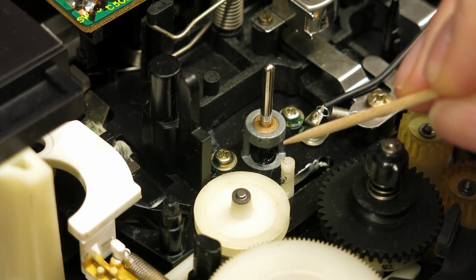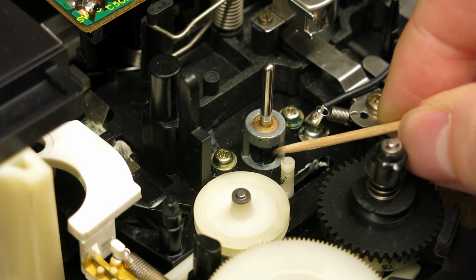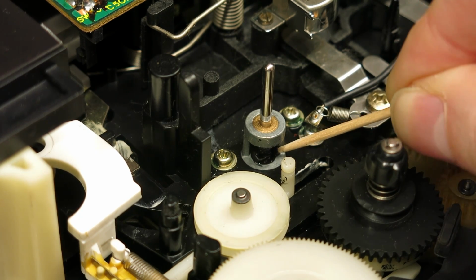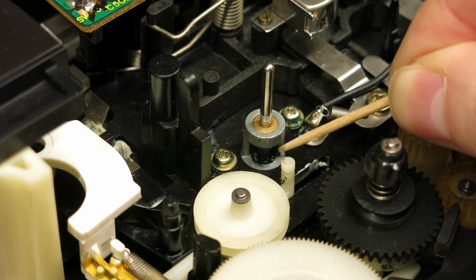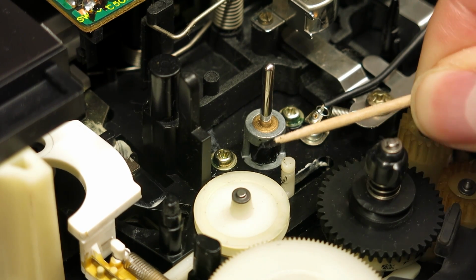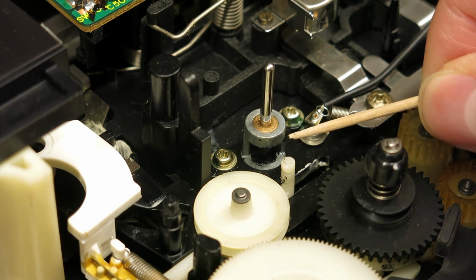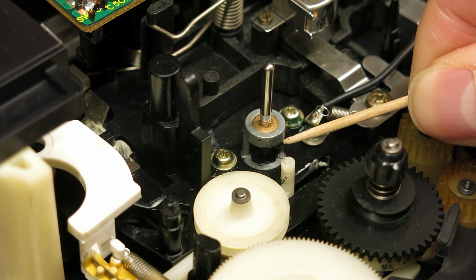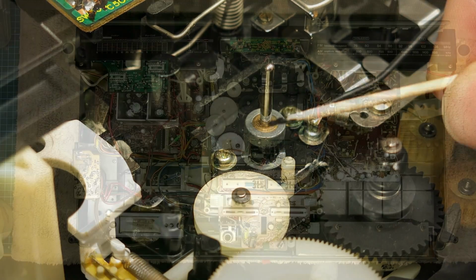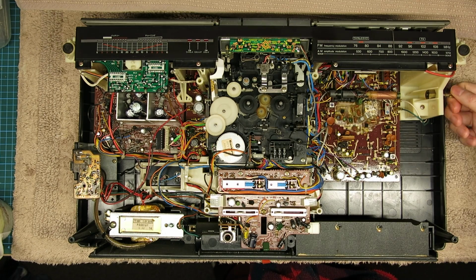Then we get on to the horror. This is the bit that I've had to move everything out of the way to get to, and you can see this little rubber tyre here has just turned to goo. I think it probably reacts with the oils, perhaps in the bearings. It always seems to be the first one that goes, and it's all kind of in this well, so I've got to try and get all that out. So the real way to tackle this is to take the transport out, and to do that you have to